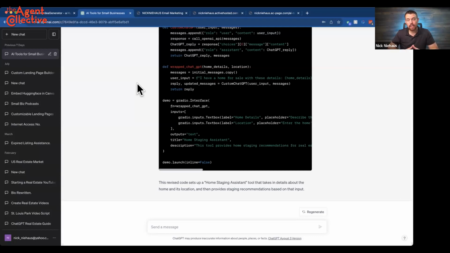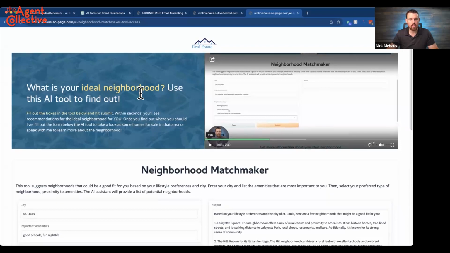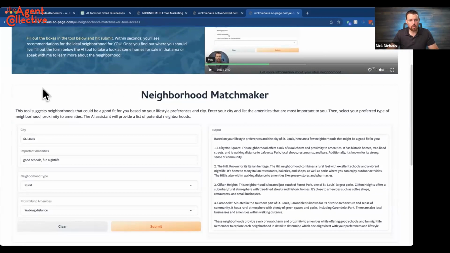Otherwise, give it a try, right? Because of where we are now in terms of the adoption curve, there aren't that many people who are really well versed in AI yet, and not that many of them are using this consistently. So if you're one of the first people in your market to come out and say, hey, I've got this AI tool, and it could be this matchmaker, it could be a stager, there are a million different ideas, and I'm still coming up with them every day, you could be the first in your market with that.